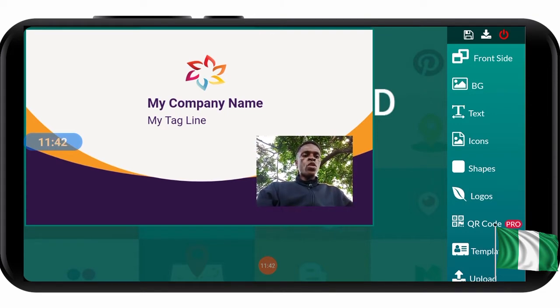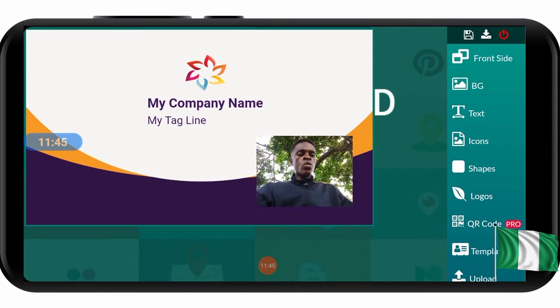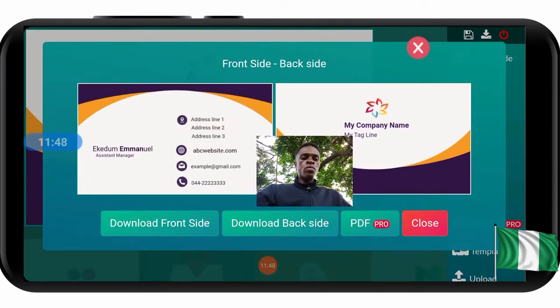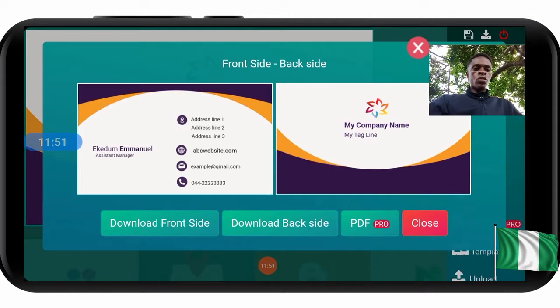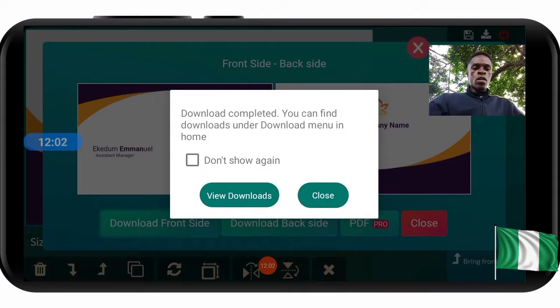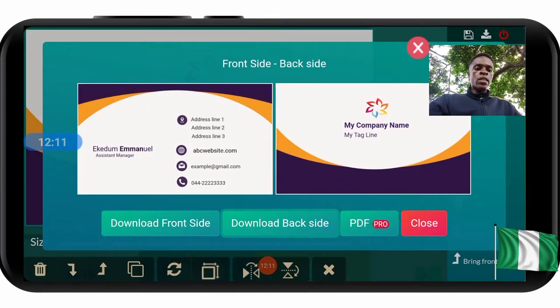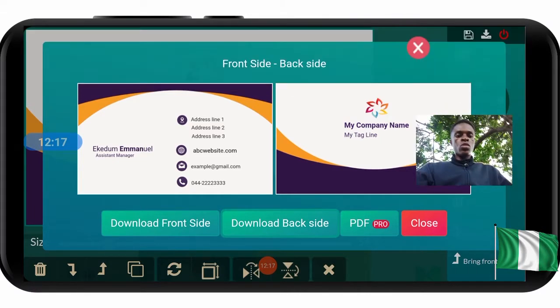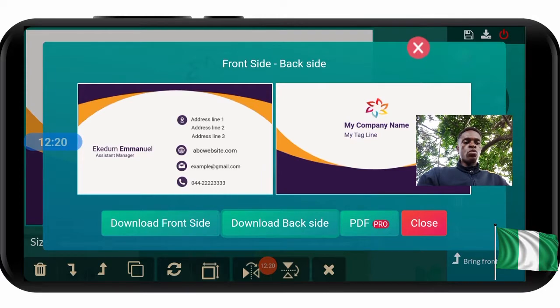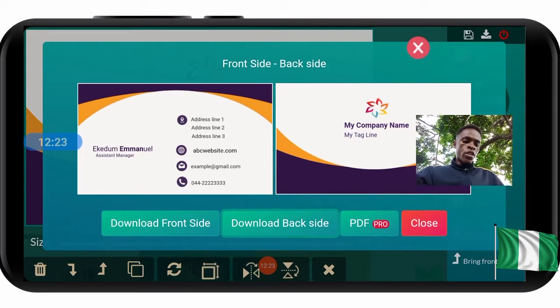So after having done that, you can just click on this download icon. With that, you'll be able to save your business card. So this is your business card now. The company name, the whatever, you download it separately. This is the download front side. When you click on it, you download the front side. Then with this, you download the back side. So if you want to download both at the same time as a PDF, that means you have to buy it, because it is not free. You have to buy it. So I think that's all you need to know about